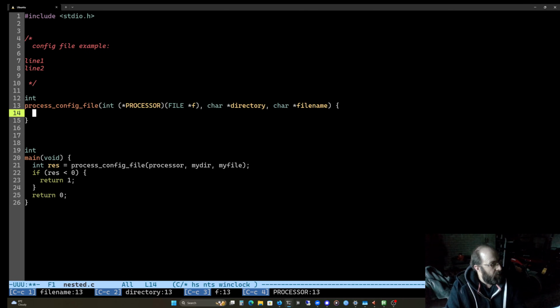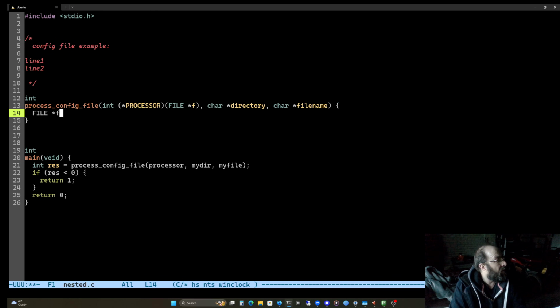So now what we're saying is we're going to call processor, which we'll define down here, with an open file. So we want to open a file, right? File stream. No, we'll just call it f. So that's fopen.